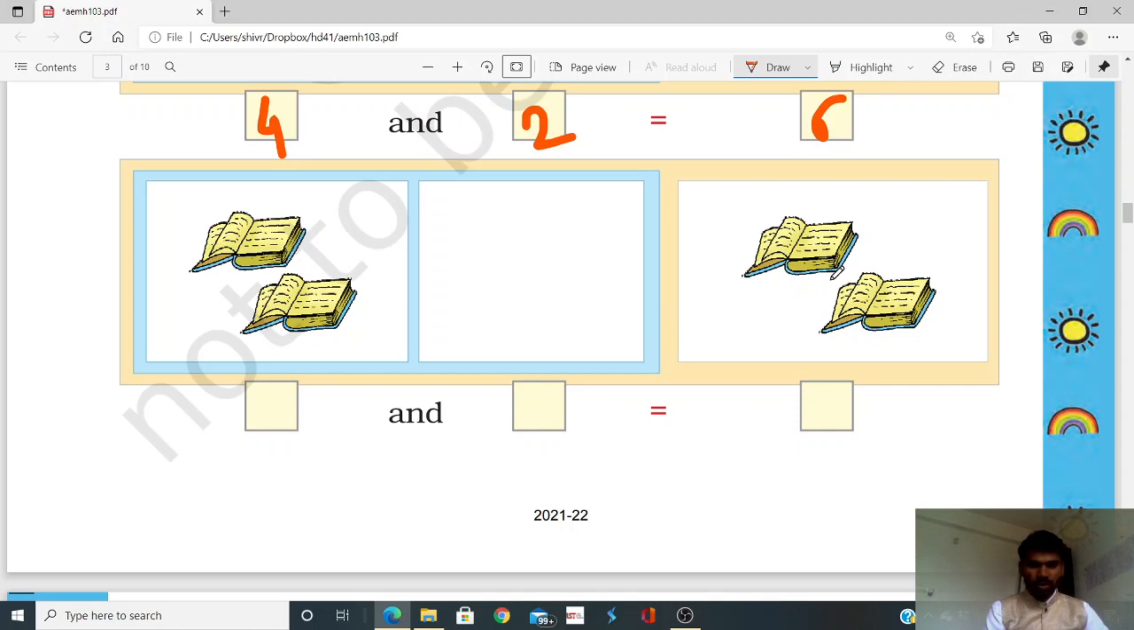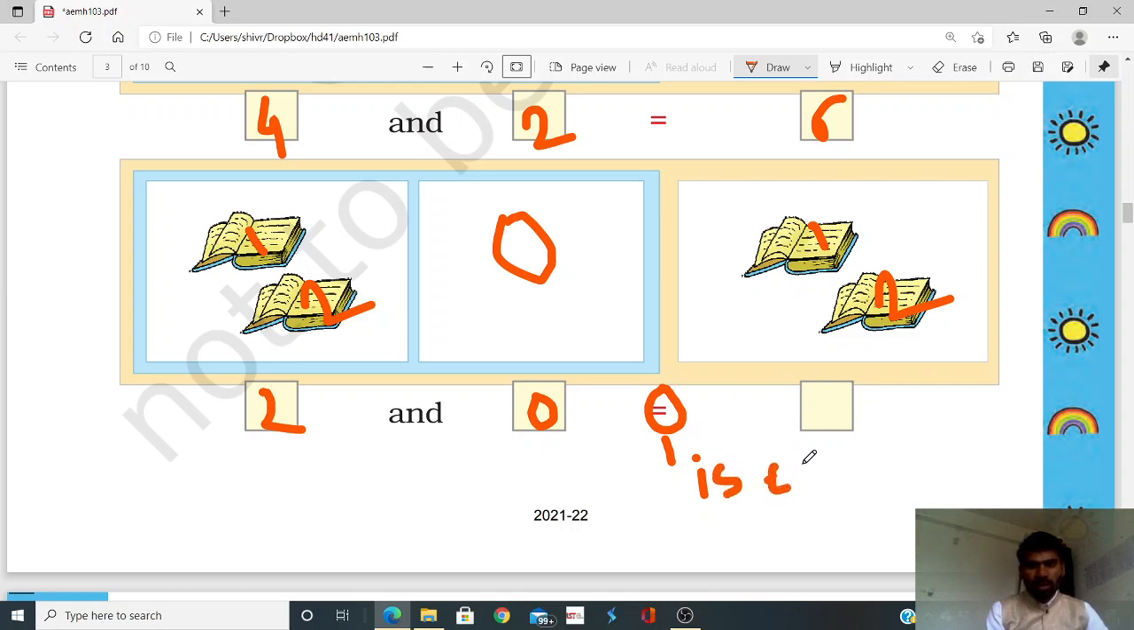here you can see there are two books, 1 2, and here also 1 2. That means in this box you have to write 0. Okay, 2 plus 0 is equal to, the meaning of this symbol is equal to, is equal to 2. Okay,